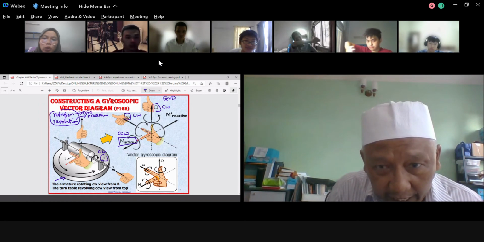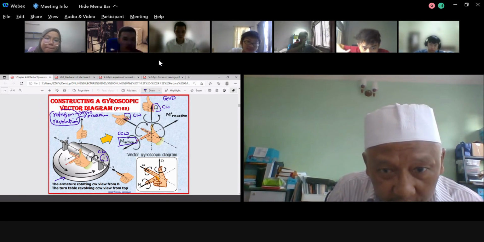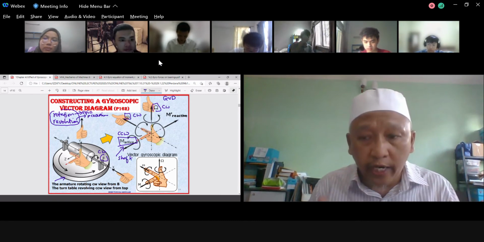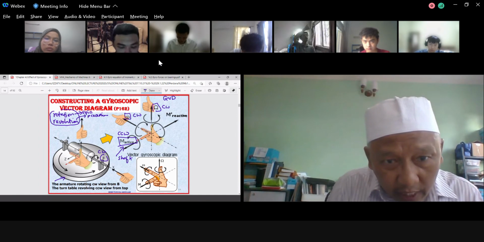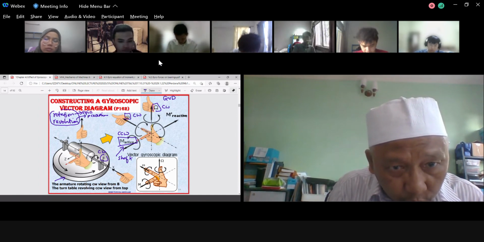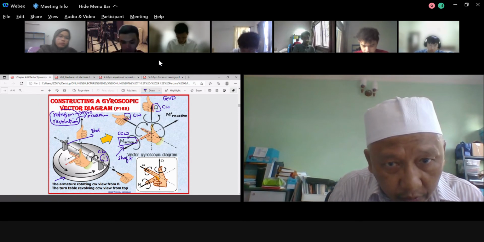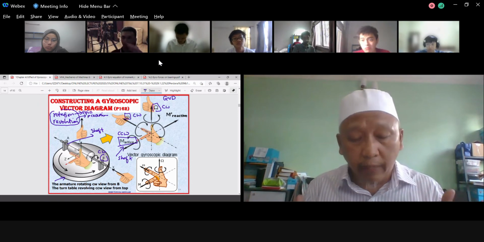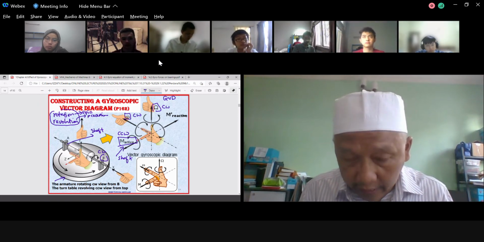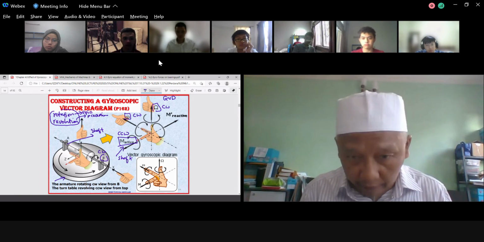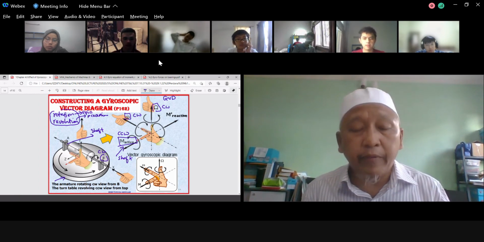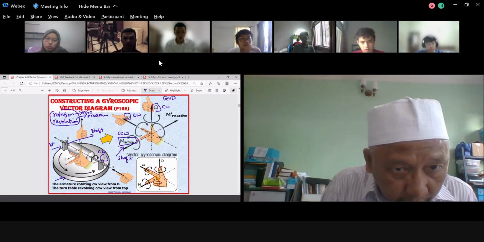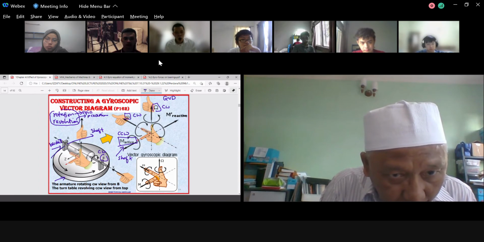Okay, now this is active, right? So the active one is always on the shaft. Why? It is the actual thing occurring on the system while doing analysis. On the shaft, why? The motor is carried by the shaft. This is the motor, right? So this is the shaft. But remember, the shaft is carried or supported by the bracket. Inside the bracket you have the bearing, because the bracket is the bearing housing. B-R-A-C-K-E-T, bracket. And inside the bracket, you have the bearing.